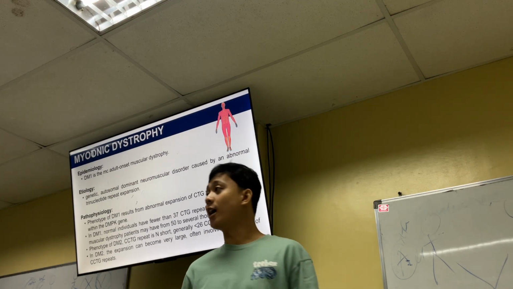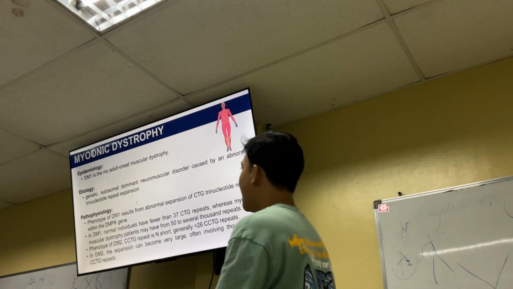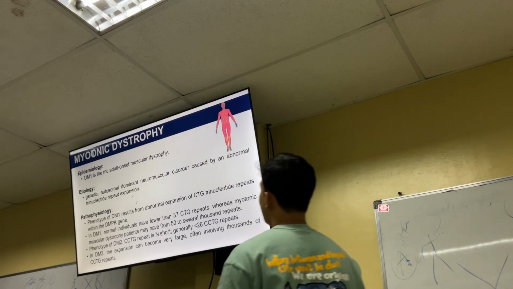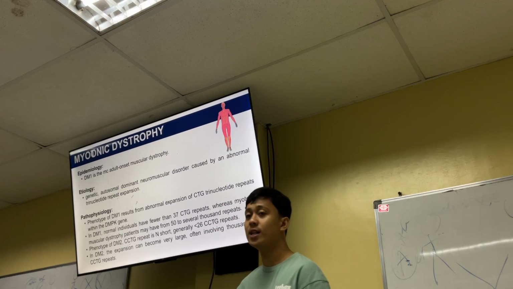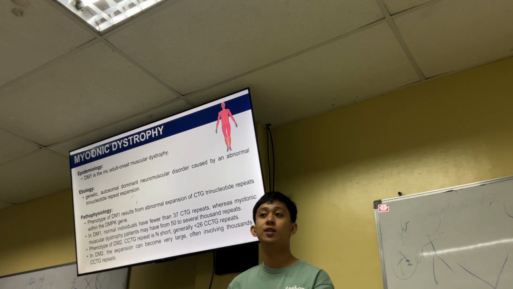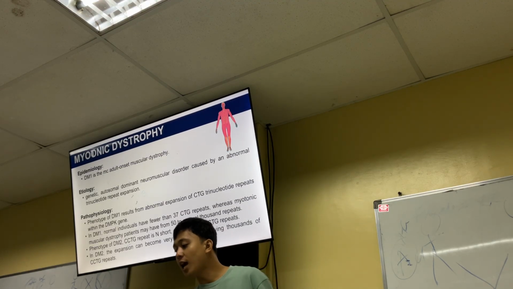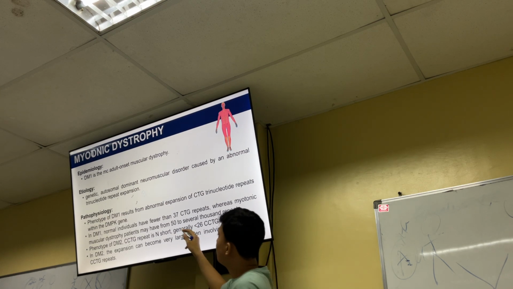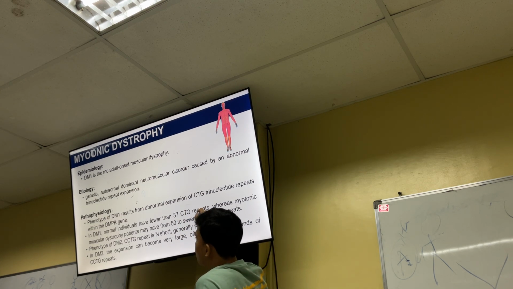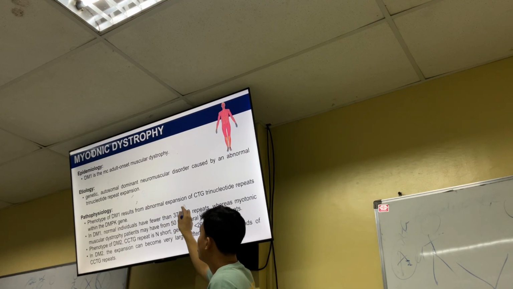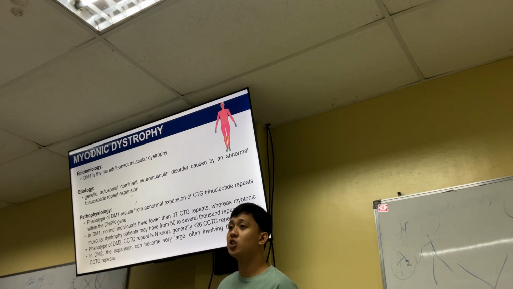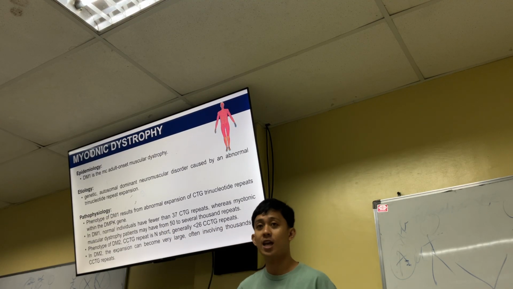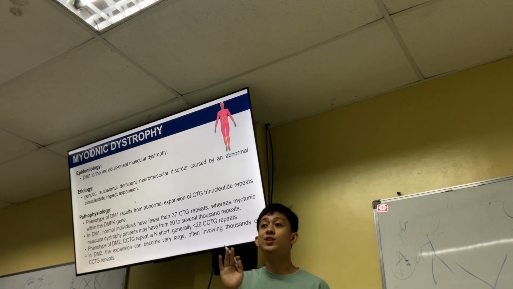DM1 is the most common adult muscular dystrophy, and usually the etiology is genetic. Autosomal dominant, okay? It is caused by abnormal trinucleotide repeat expansion in the form of CTG, and CCTG. Phenotype here depends on the CTG repeats, because for DM1 the normal is 37, but a patient diagnosed with DM1 has CTG of more than 50, which is positive for CTG